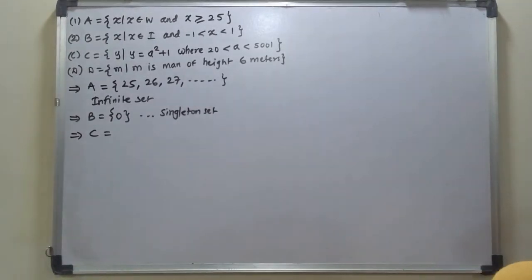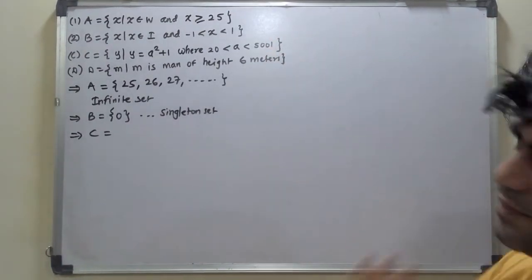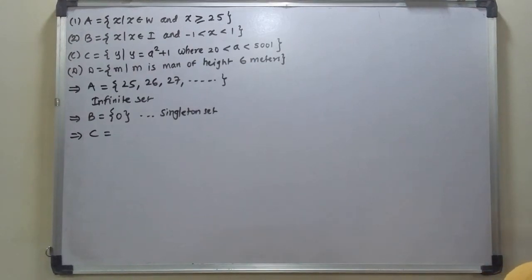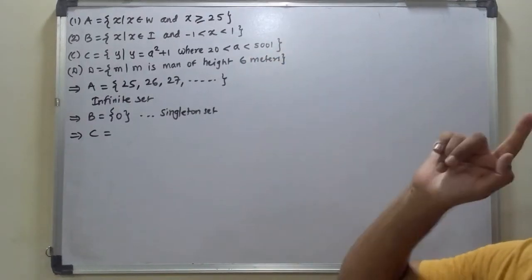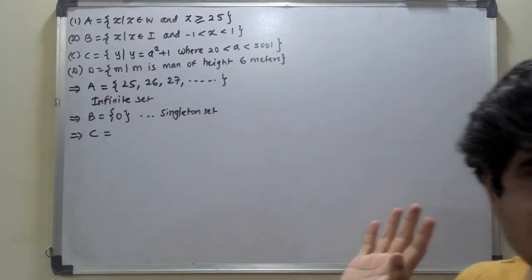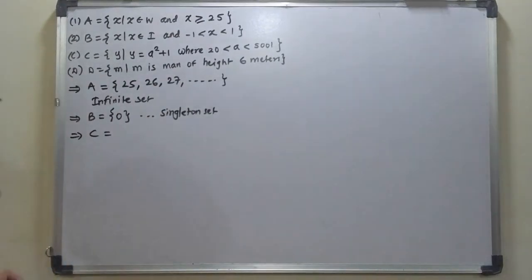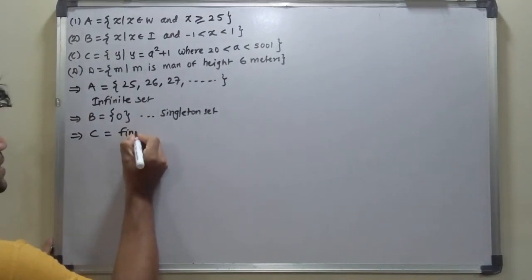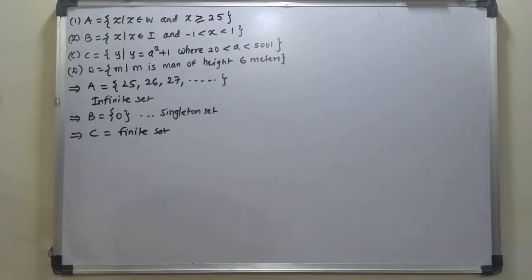That is 20.00001, 20.00002, any number. But whatever numbers it may be, it is going to end. It is less than 5001. That is, you will come to know the last element by calculation. कहीं ना कहीं तो होगा, लेकिन रुकेगा तो सही. Yes or no? It is going to stop. And since it is stopping, it is a finite set. It is a very typical example. So it is a finite set.